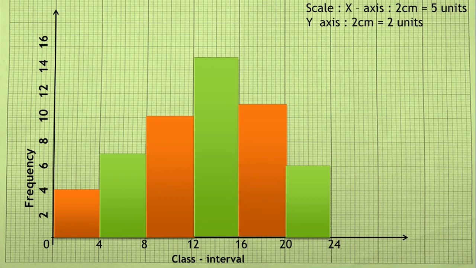You need to mark a small dot for the midpoint, but to help you understand and for the visibility of the picture over here, I have marked dark circles. Please mark a small dot over that. Observe how the dots are marked for the class interval midpoints. Now we need to join.